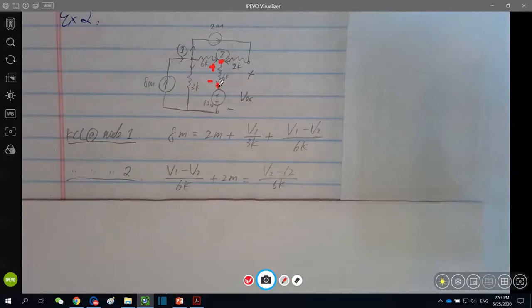However, what is the voltage at this node? If you read the circuit carefully, it equals nothing but 12 volts due to this voltage source here. Therefore, the current here is just V2 minus 12 divided by 6 kilo. Leaving the node equals this current plus this current, 2 milli. Okay, so 2 nodes, 2 KCLs, and we find 2 unknowns, V1 and V2, so we can find both of them. However, they are not directly related to VOC yet,